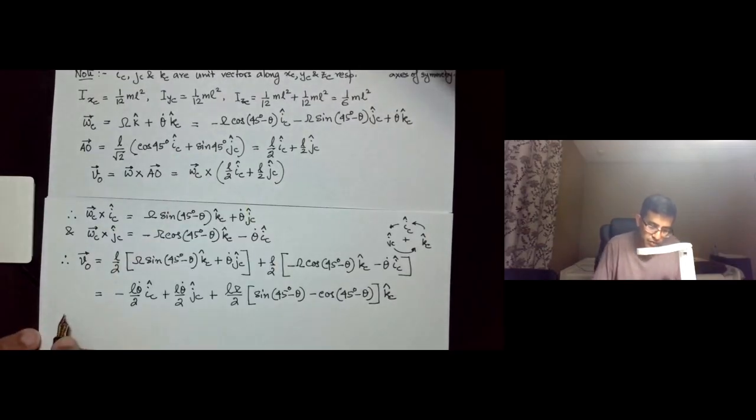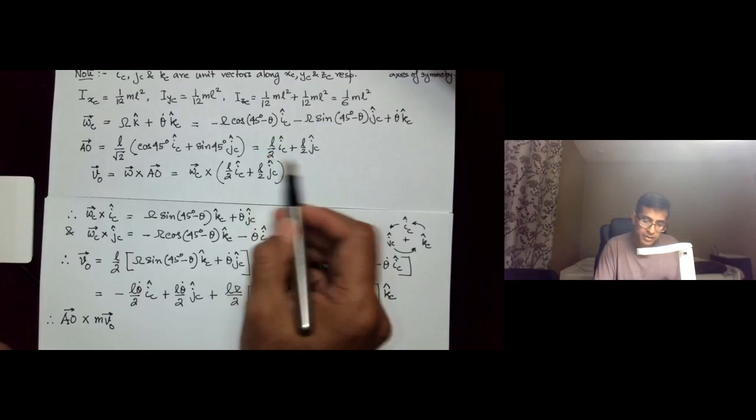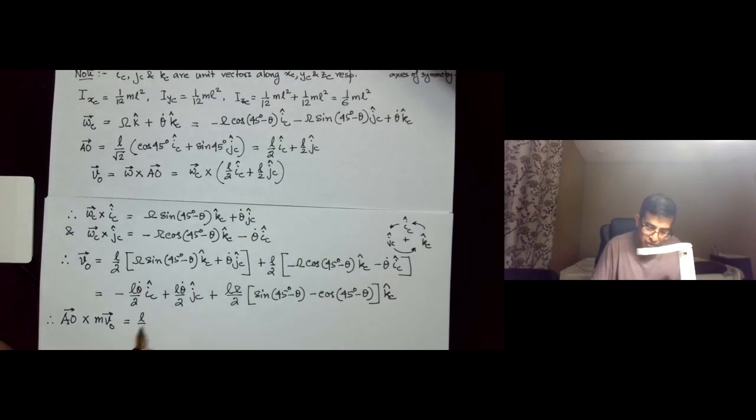So we need to do AO cross M VO, and AO is quite a simple expression. It's L over 2 IC plus JC cross VO,